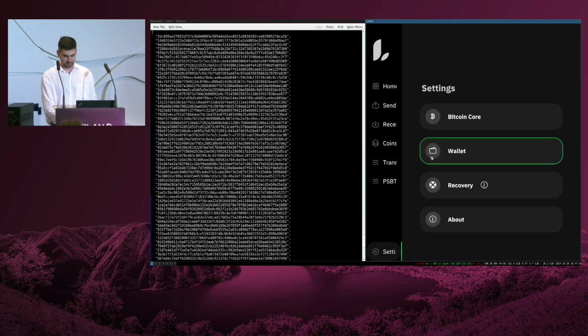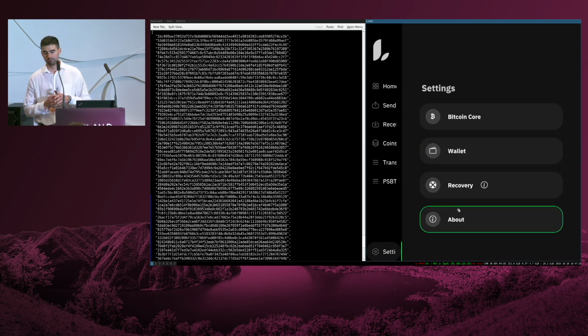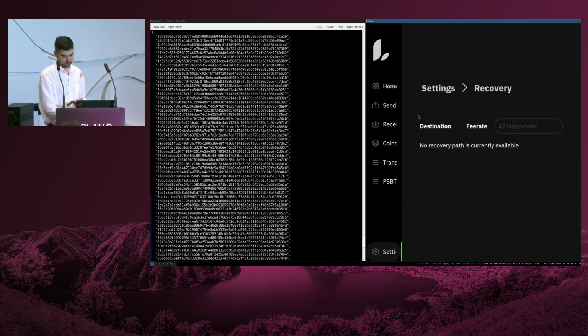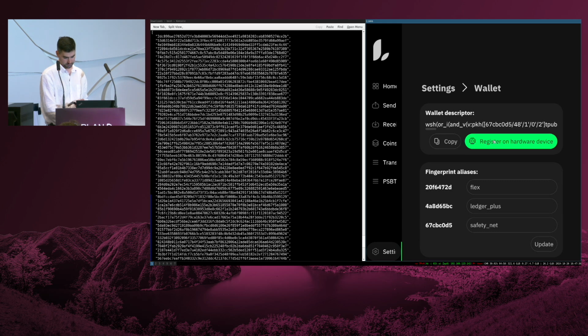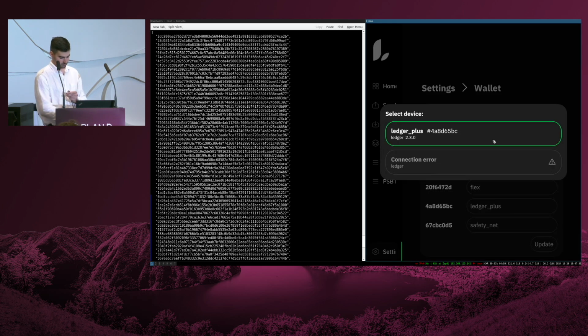Actually, that is a very nice feature, because this device, as it does not have the descriptor, would blindly sign. There are some wallets, such as Specter DIY, that let you sign even if you do not have the descriptor. But it's better to have it. Where is the descriptor? Somewhere here. Yes. So I need to register it on this one.